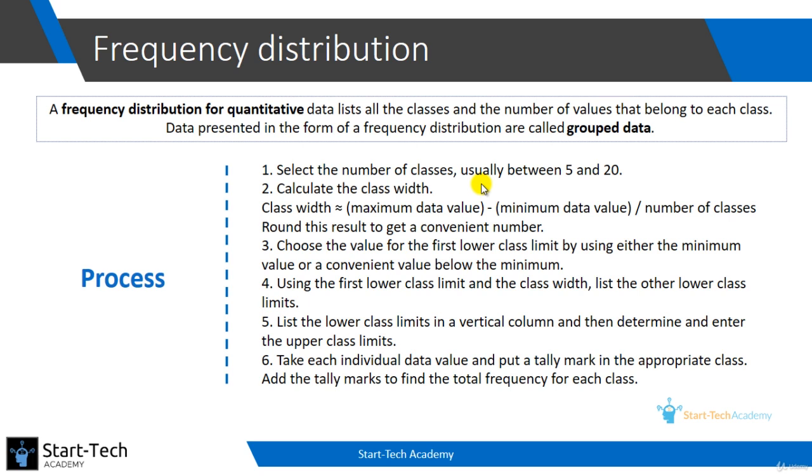Second, using that number of classes, we find out the class width using this formula: the maximum value of data minus the minimum value of data, that is the difference between these two values, divided by the number of classes that we decided in the first step. Once we have class width, we can start creating the classes. We start by the minimum value, we add class width, and we get the first class. This will get clear when we go through the example.